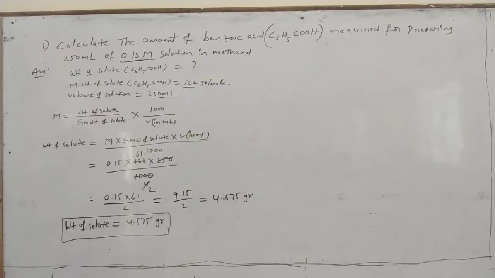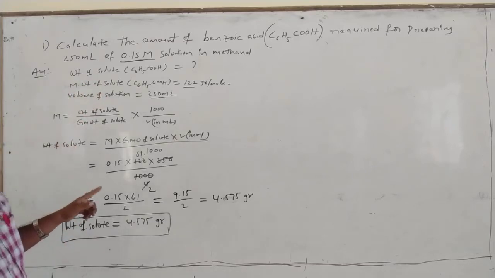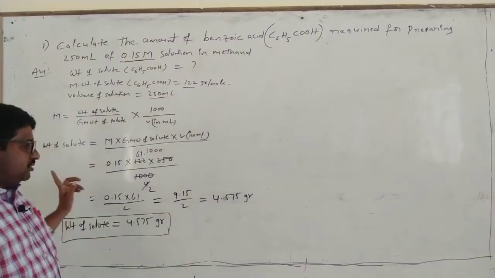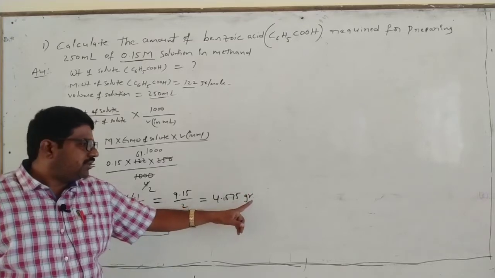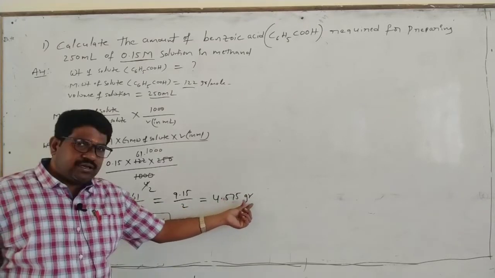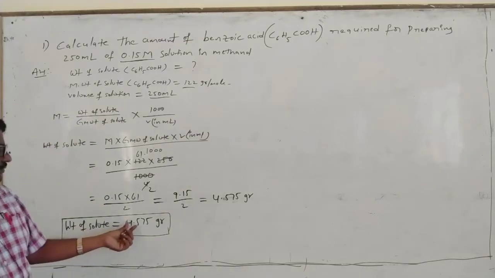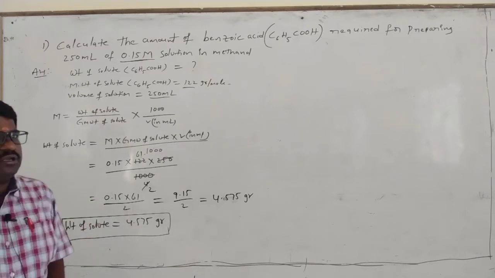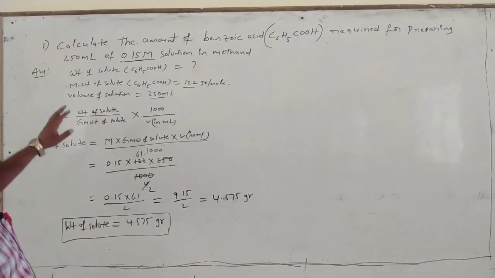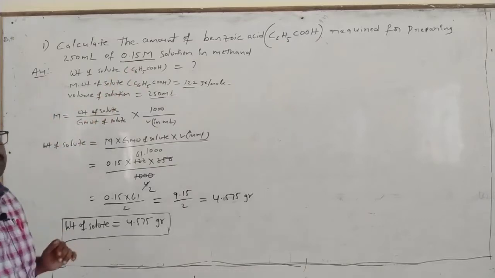So this is the calculation. To calculate weight, first you have to write some values here, write the formula, and substitute all these values. Now you have to calculate weight, that is why you have to write units here, grams. If it is molarity, you have to write moles per liter or mole into liter inverse. Now it is weight, so you have to write in grams only. Now the weight of the solute is 4.57 grams. Isn't it? So a very easy problem, but a very important problem. This is the calculation of weight based on molarity.